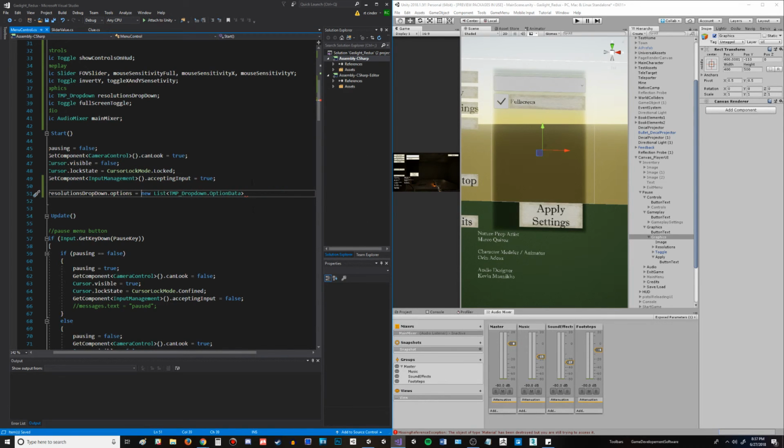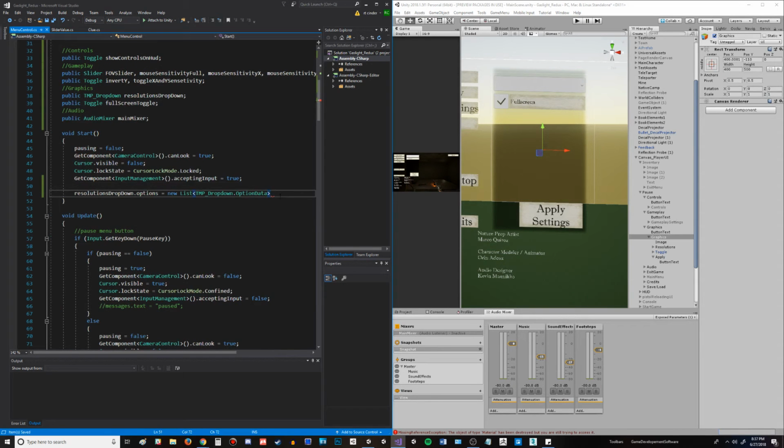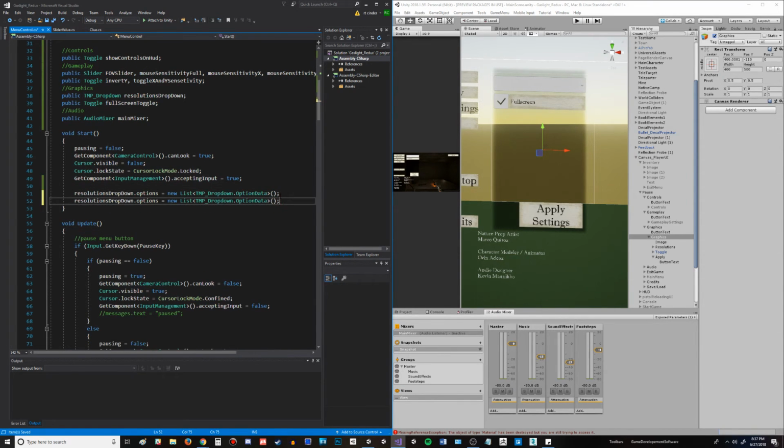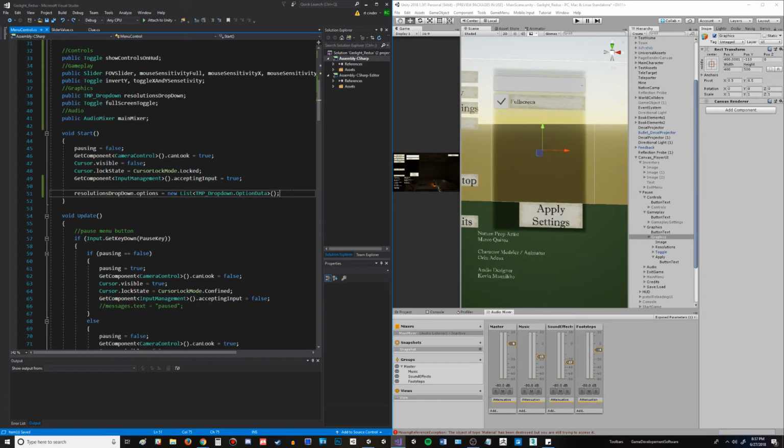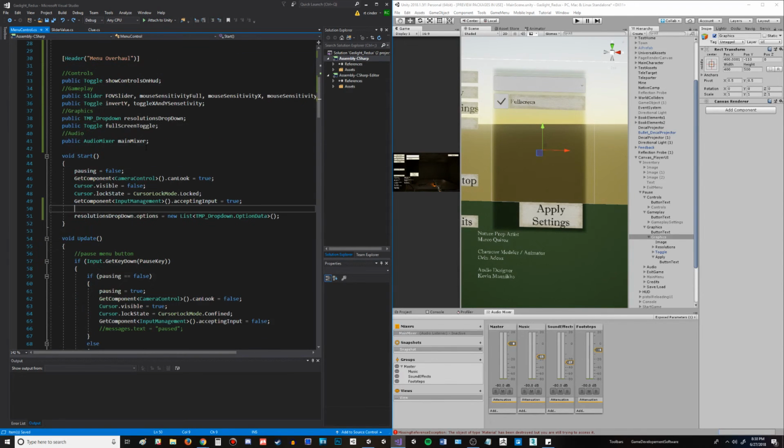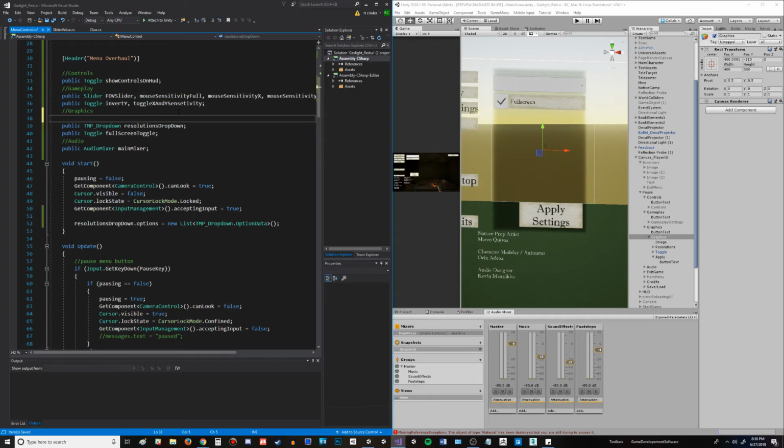So that means I also need to kind of process this. Whoa. Equals a new list. Or I guess more accurately, you know what, for right now, I will get the resolution method and I'll assign all that stuff. But for now, it's gonna be public EMP drop down